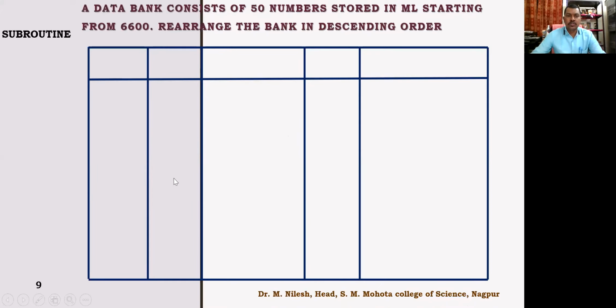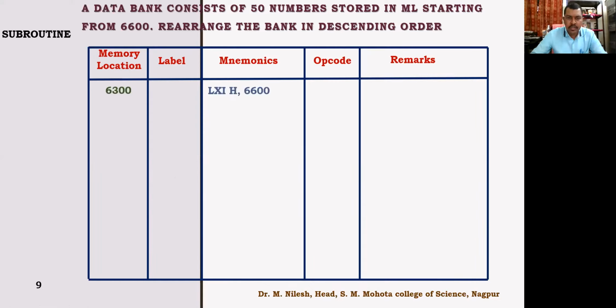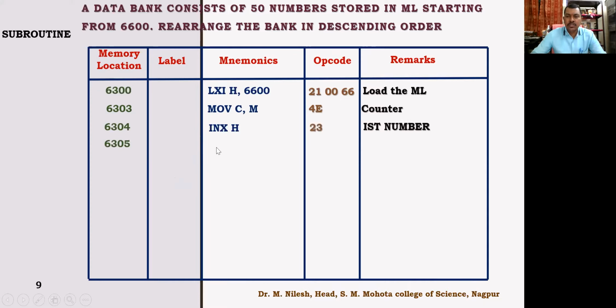Now let's start for the subroutine. So this is the subroutine that we are expecting to write. This is just to replace the smallest number by the largest number, by the 1 byte or 8-bit largest number, that is FF. So just check it. We will again check the same number. Again, we are loading LXI H 6600. Remember, the first byte, first memory location contains the counter over there. So we are loading with it. Now we have used M to C, moving the counter, then INX H. Again, we'll compare that.